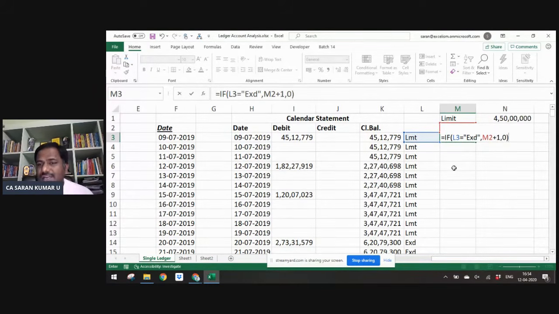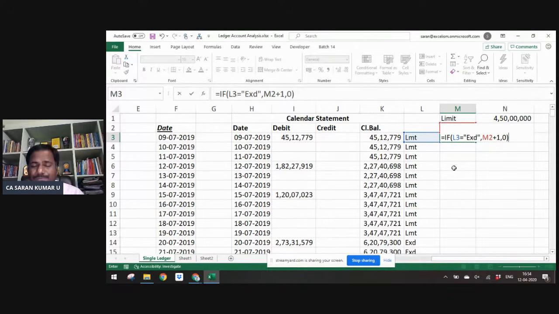That's all. Try to understand this formula. Very simple formula. If the left column is within the limit, then simply I want 0, because if it is within the limit, I don't want to count how many days continuously it got exceeded. If it is not within the limit, then above cell plus 1. In the entire scenario,